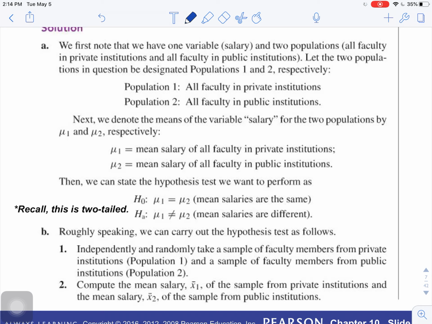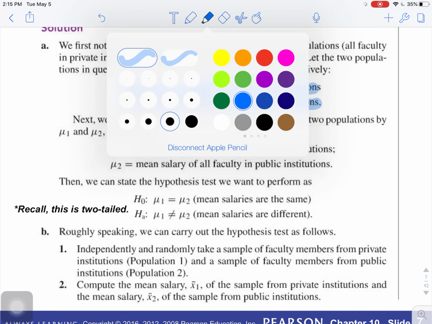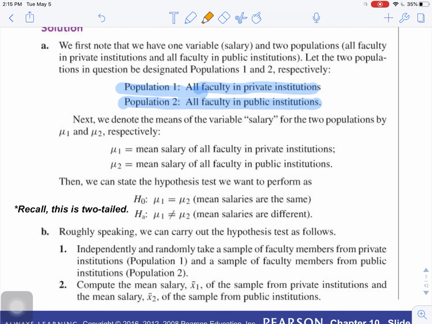So this is just the detailed textbook of the answers we were just talking about from the previous questions. So again, it's talking about how population 1 is going to be the faculty of all private institutions. And then for population 2, it's all faculty of public institutions. Because population 1 is the private institution, our mu1 is the mean salary of all the